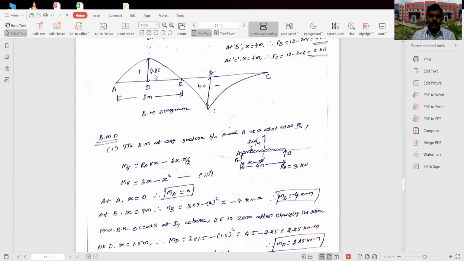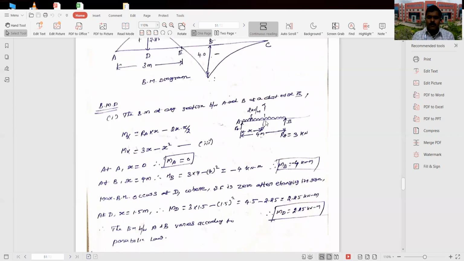Similarly, if you want the bending moment value between A and B, you have to take the section between A and B, right? Similarly, for the bending moment value between B and C, you have to take the section between B and C, right? So now for the bending moment at any section between A and B, take the section. Here it is nothing but force into distance is moment. Just consider the section left side, force into distance. You add all the forces into distance, that is all the moment you will get.